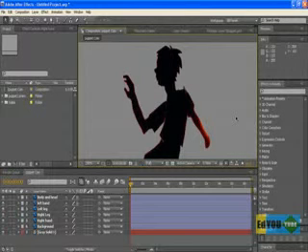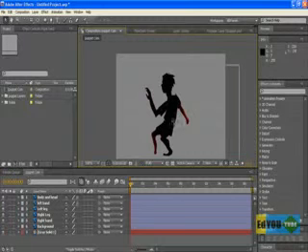In this movie, we are going to talk about the puppet tool, one of the most genius tools in any software application that I have ever seen. So we have the puppet tool in this After Effects software. Here you can see that I have a picture of a boy, something like he's dancing on the floor,